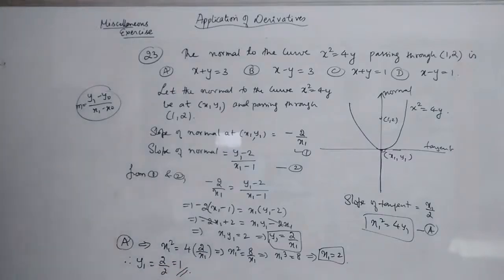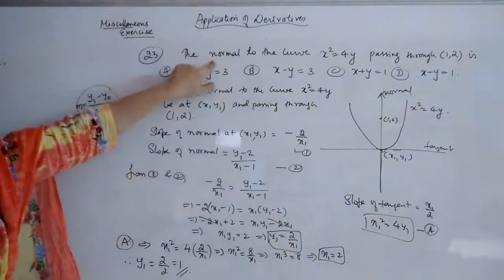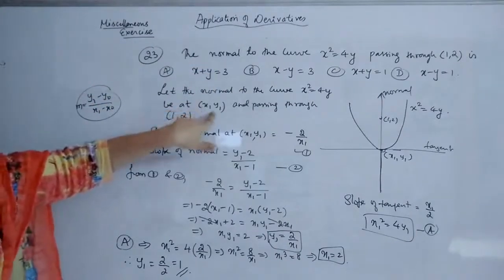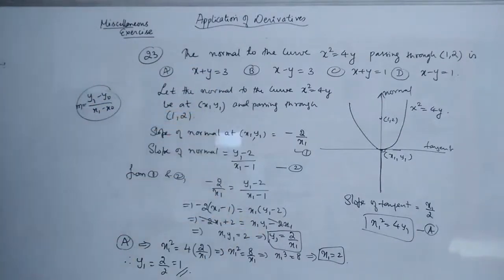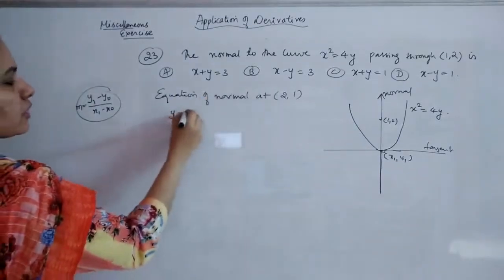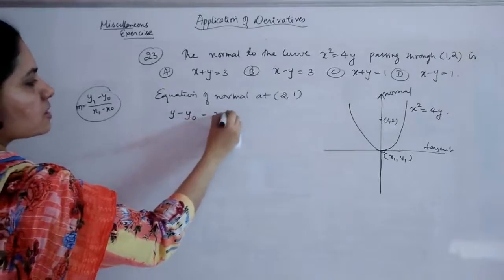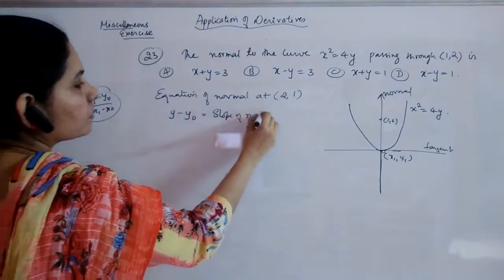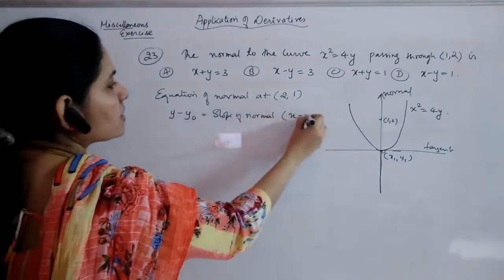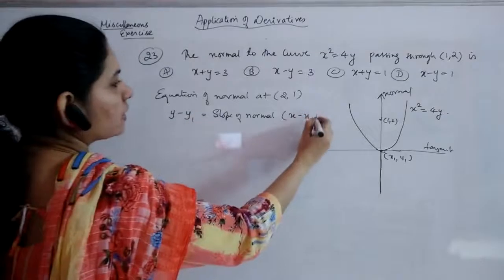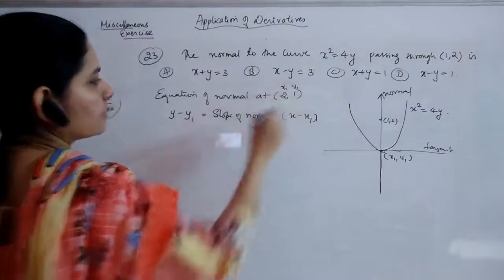So you got the point actually. In order to write the equation of the normal, we need the point. So at the point which we have taken, we got the value as (2, 1). The equation of the normal at this is, what you write, y minus y naught is equal to m into x minus x naught, here m means slope of the normal. Right? Here if we have taken x1, y1, we can write it like x1, y1 also.